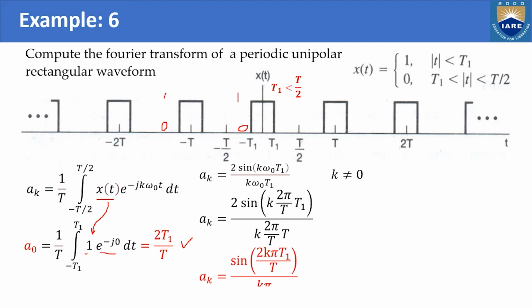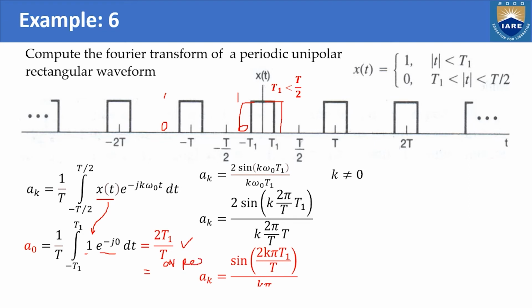Say this T1 is increasing like this, and on this side also minus T1 increases like this. So naturally the DC value, the average value of this, will be increasing. And what is on period divided by total period called? On period means how much this is? 2T1. So 2T1 is the on period.